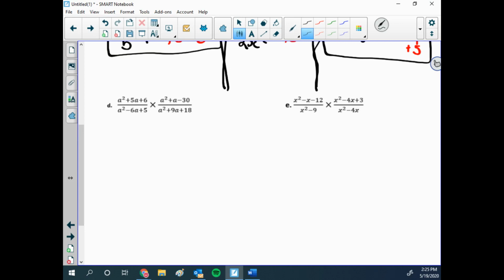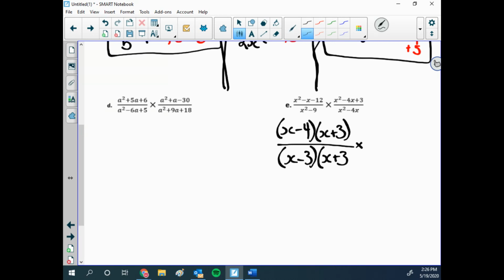So E, again, if I'm going to multiply, I can't just start canceling things out here because these are trinomials that are being added. I need to factor them. So the first numerator, a is equal to 1, so I'm looking for two numbers that multiply to negative 12 and add to negative 1. That would be x minus 4 and x plus 3. The denominator here, x squared minus 9, hopefully you can recognize that can be factored with the difference of squares. So that would be x minus 3, x plus 3, multiplied by, which is again just the same kind of